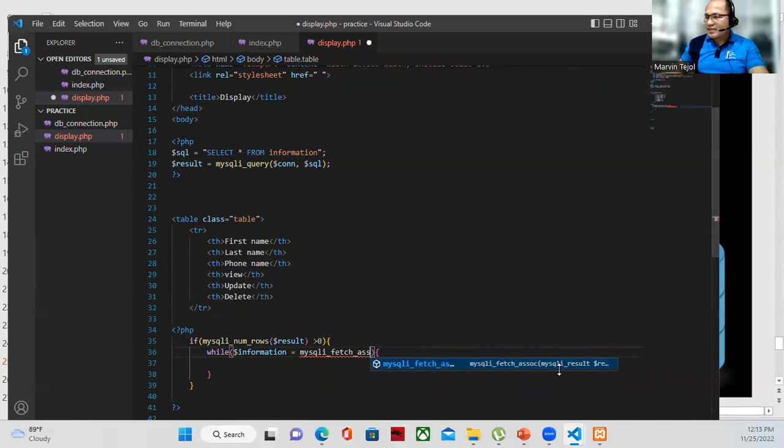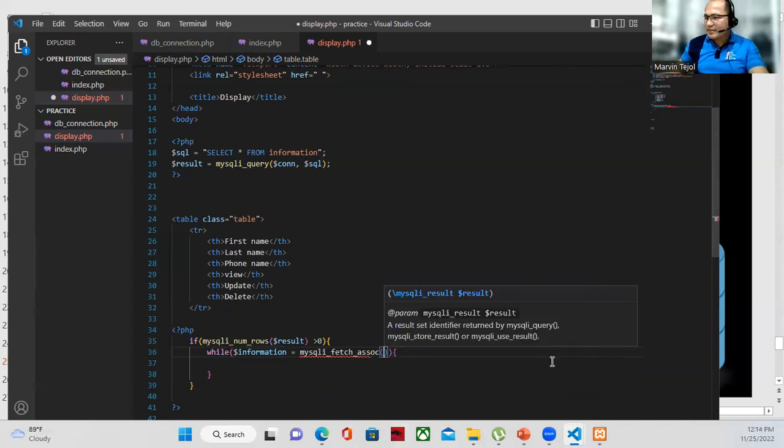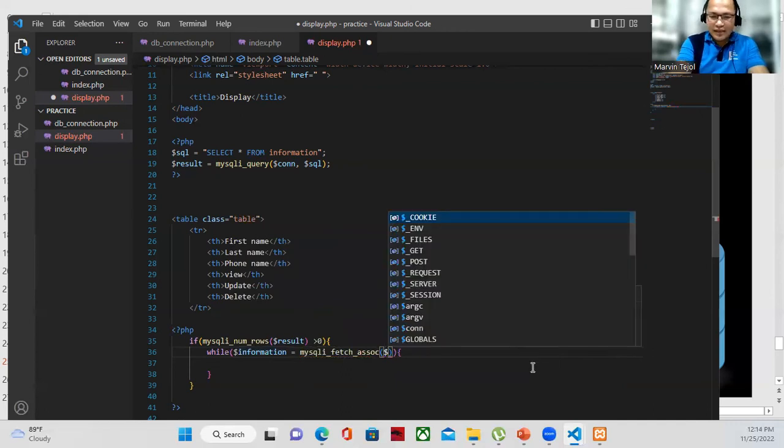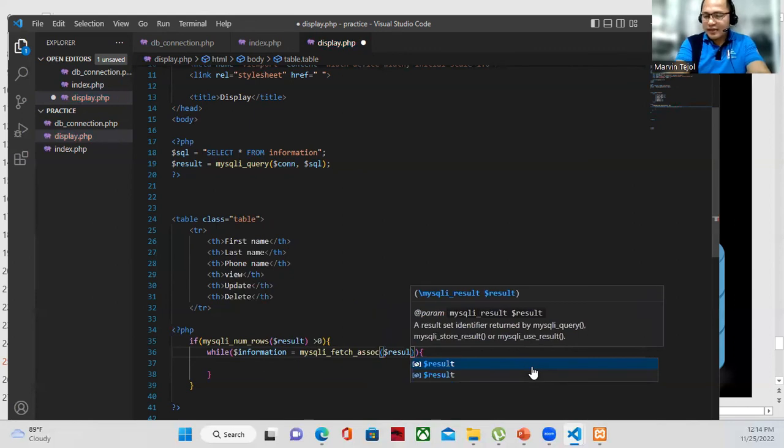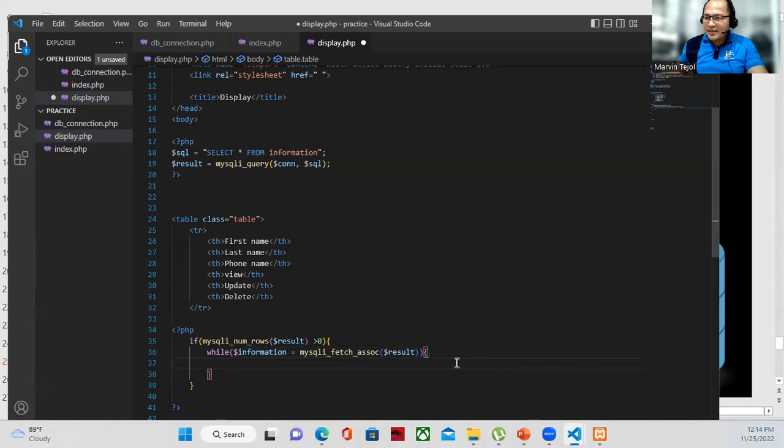Nagbigay na sa associate, then SQL result inside the parameters. So inside that, we have the results. Okay? So results. Enter. So that is the statements. So inside the while,